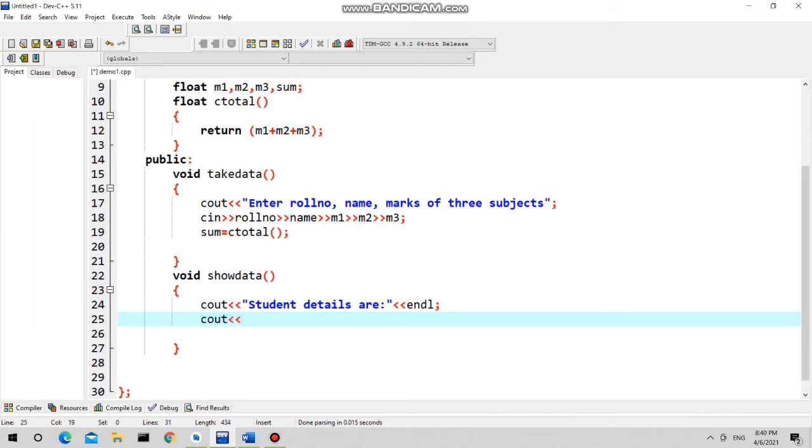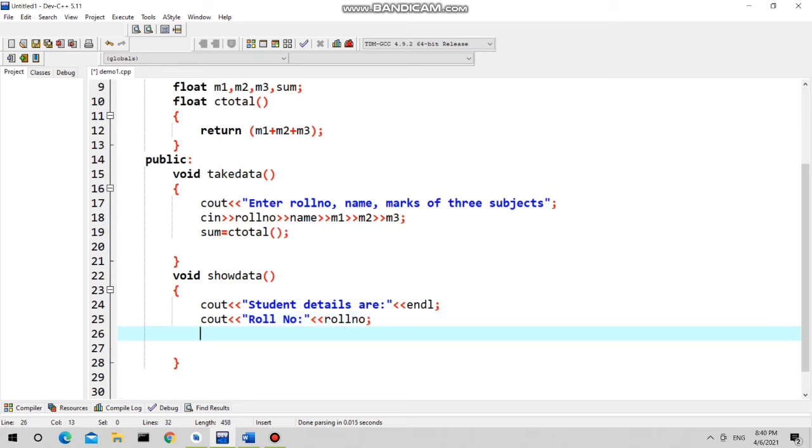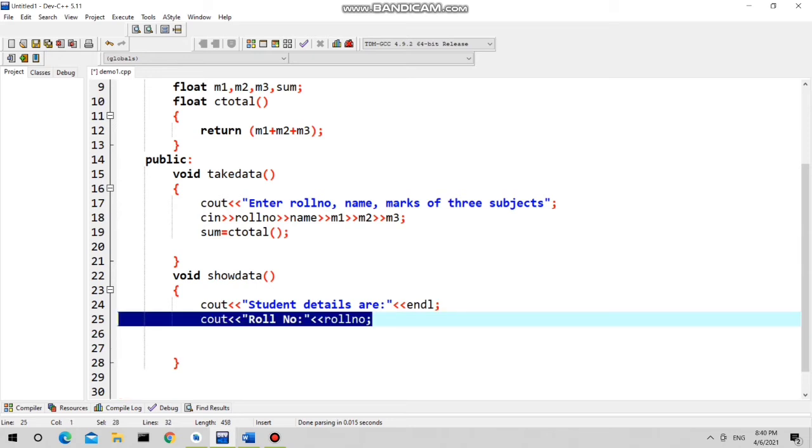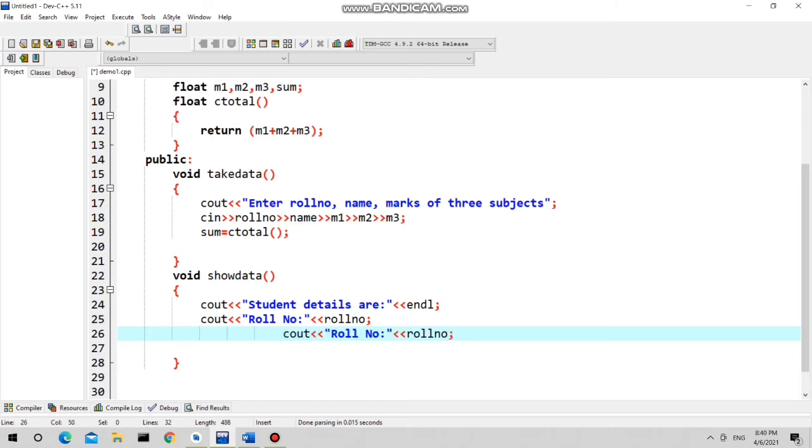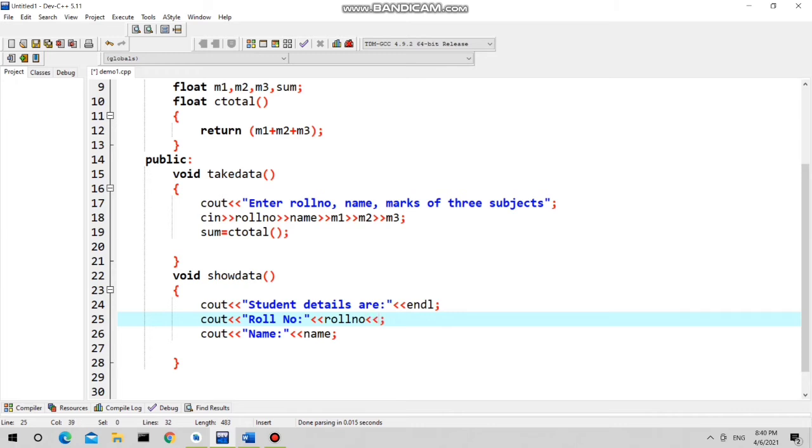And then next print your roll number of student. Then the member in which roll number is present. So it is what? Roll number. Same way you can print all other details. And as I want the every detail on new line, so I'm adding the new line.